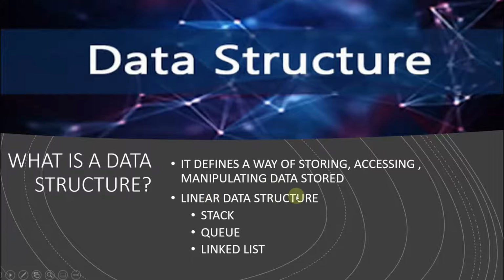So we have some linear data structures available in order to store or access the data which we have. This data structure itself is subdivided into categories called simple data structure and compound data structure. List is an example of a simple data structure. Now coming to the compound data structure, we have linear and non-linear categories. Under linear categories, we have stack, queue, and linked list. In this tutorial, we'll see the complete concept of stack and also how to write a Python program to implement the operations involved in stack.